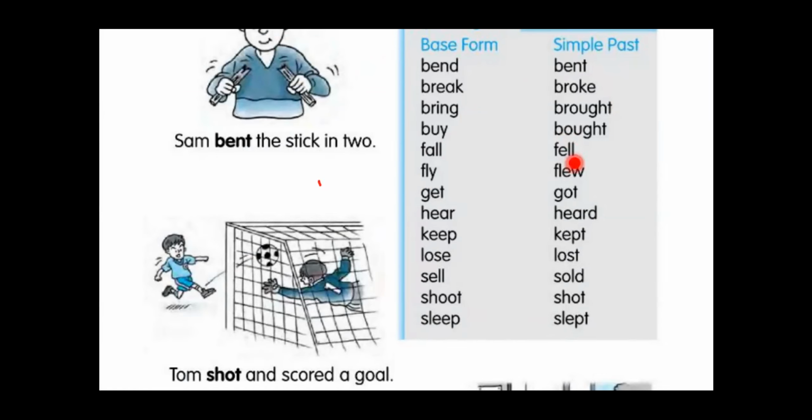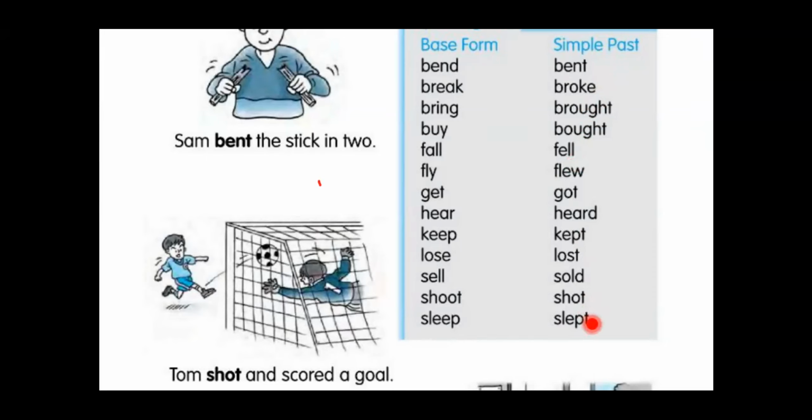Okay, earlier what have we seen? That some of the irregular verbs don't change, right? Like cut, cut. Read, read. Write, write. We have seen just now, right? Cut, cut, beat, beat, cost, cost. So they are not changing. But here, see, here it is changing. In simple past tense, irregular verbs are changing over here.